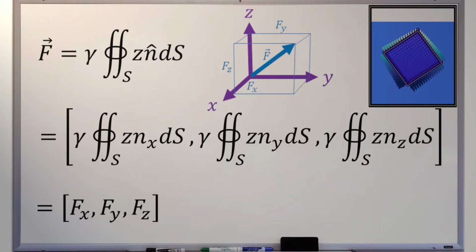Before going further analytically, let's take a moment to stop and think about this equation and think about what our intuition tells us. So first, look at the two components, f sub x and f sub y, the first and second integral expressions there. The symmetry of the situation would seem to imply that the x component and the y component of the force should be equal. We might also expect, based on everyday experience, that the x and y components of the force